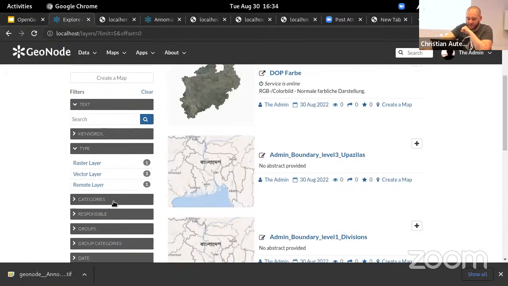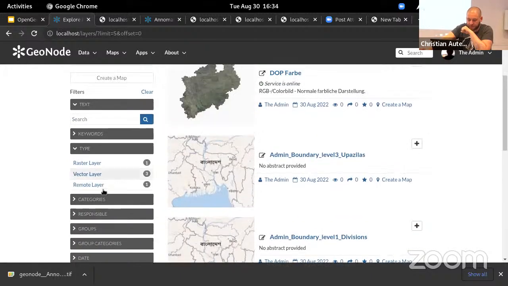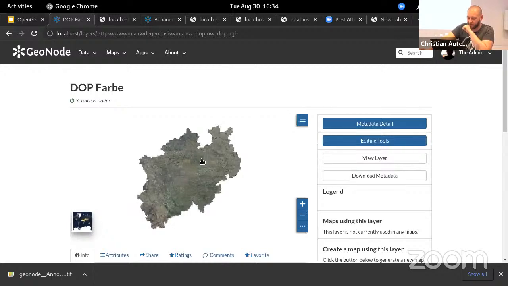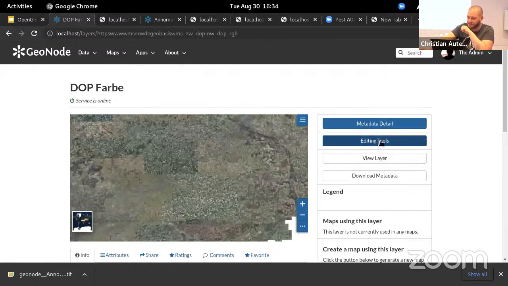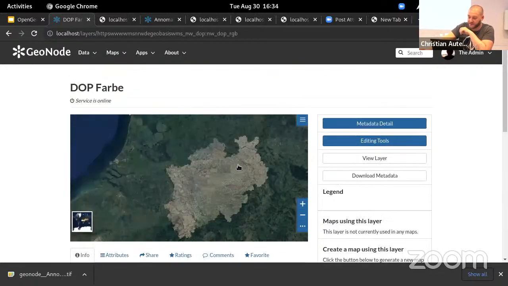So we have, where is it? What's the group? We have raster layer, vector layer, and now we have remote layers. It's displayed, it's fetched from the WMS at the Land NRW, and we can just add metadata to this dataset. So if you have an existing WMS, you can just describe it more richly with GeoNode. The same can be done with